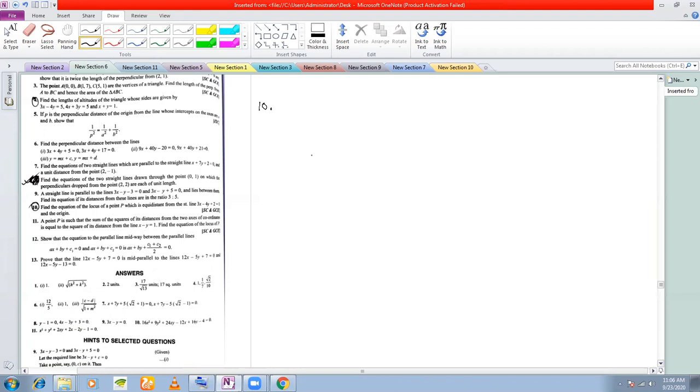Locus is nothing but a path. You know a path? Locus is a path. Locus is nothing but a curve. Locus is a curve on a graph. Suppose you're on a graph. On a graph, if I have this kind of a curve, this is a locus. It's a path. And what kind of a path? It is a path traced by a particular point. If this point P is moving like this, then to trace this path, right? So locus actually means a path.